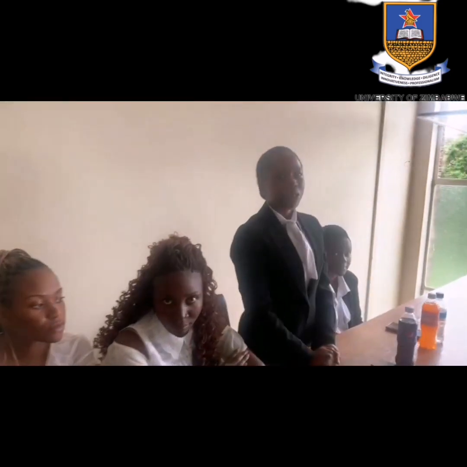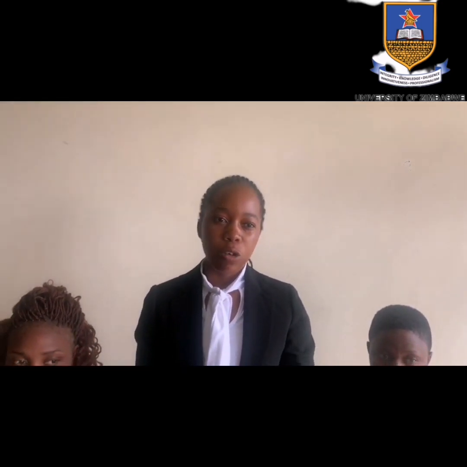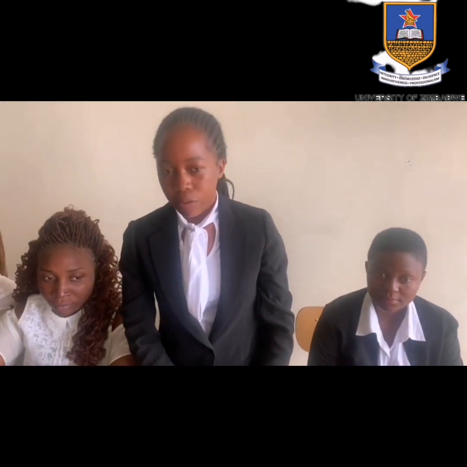Okay, so I'm going to talk about the terms of a construction contract. A construction contract, like any commercial contract, records the terms agreed to by the parties, who are at liberty to agree on terms and conditions which are not prohibited by law and which do not offend public policy. The rights and obligations of parties to a contract are defined by its terms. There are two types of terms, which are express and implied terms. Express terms are those that have been explicitly agreed by both parties, and they can be oral or in writing.